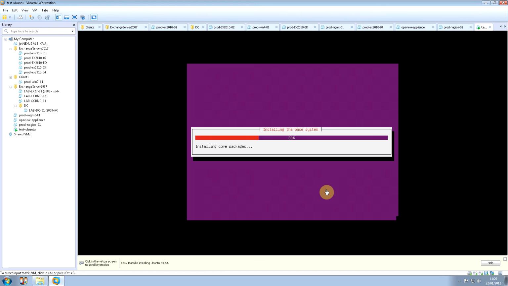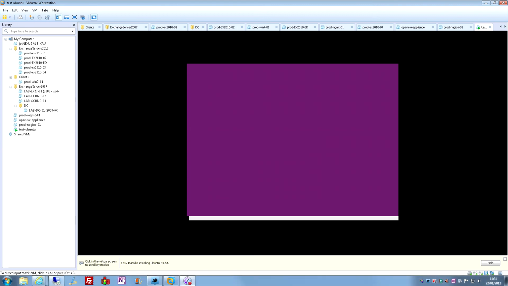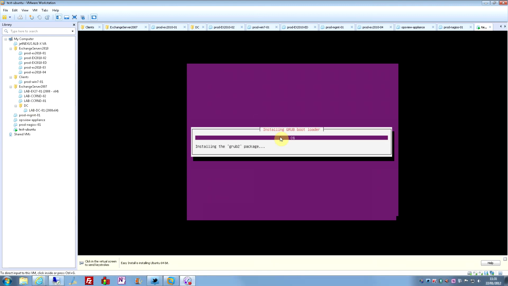So the installation process here can take a little while. Usually I find it takes probably about 5 to 6 minutes, which is certainly a big difference from Windows. When the installer is finished, the virtual machine will reboot,